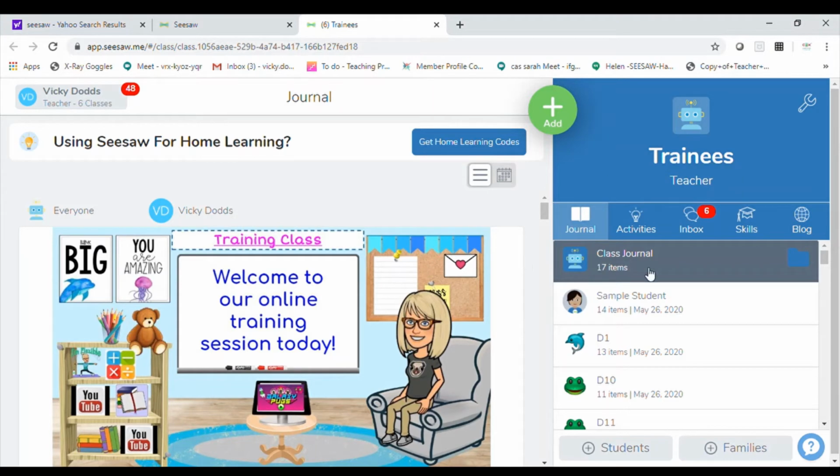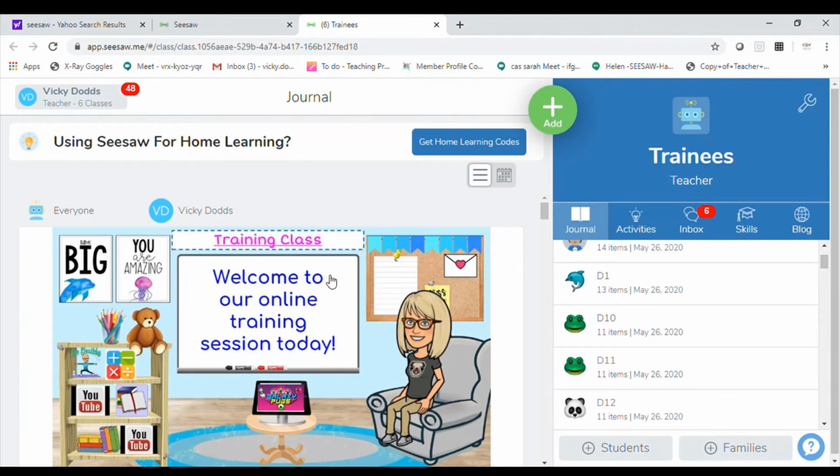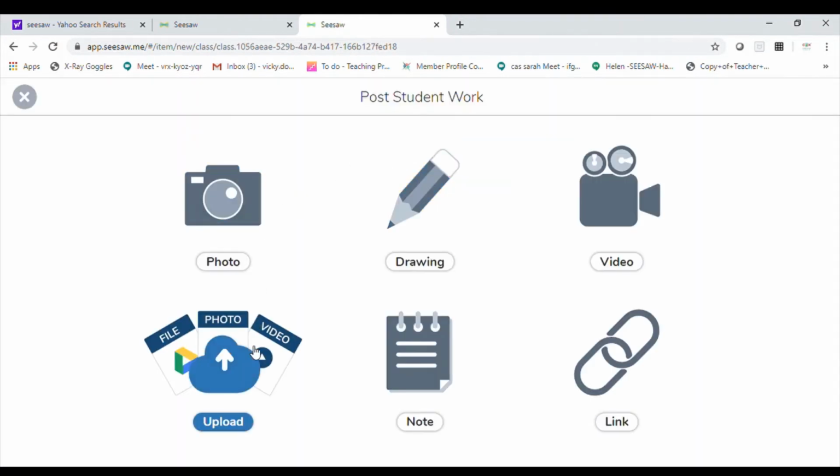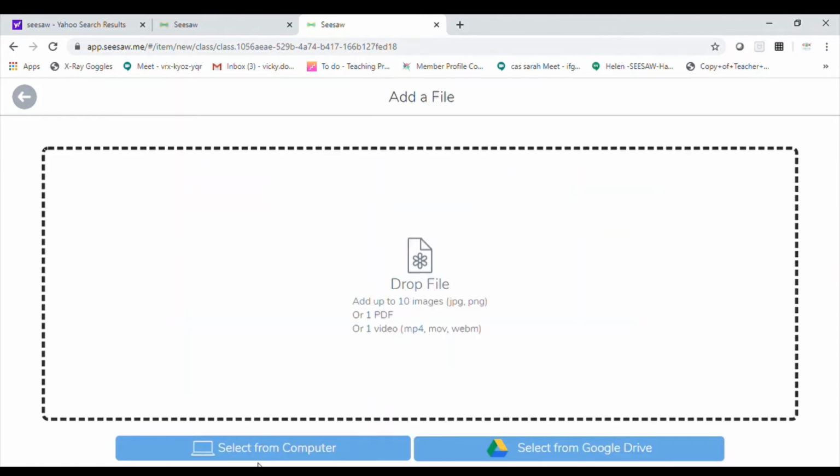Right, so now I'm going to demo how I've added this to my training page here. You can see that I've got a little training page that I teach fellow teachers how to use Seesaw. So I'm just going to go up to my add button here, and I'm going to post student work. Because it's a document I've already got, I'm just going to click upload. And I'm going to go and select that piece of work